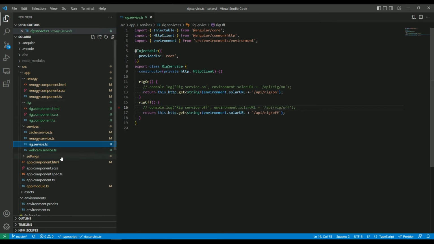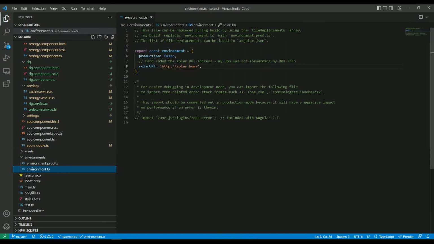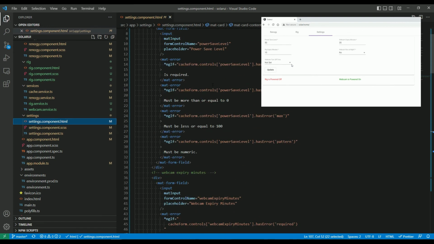host is, and we can find those down in environment here. So both for the production and the test environment, I've got the same thing in here where it's got the prefix that will get you to the correct host to turn things on and off. And the last one I want to look at is just settings. I'm not going to get into too much detail here because there's a fair bit of code,